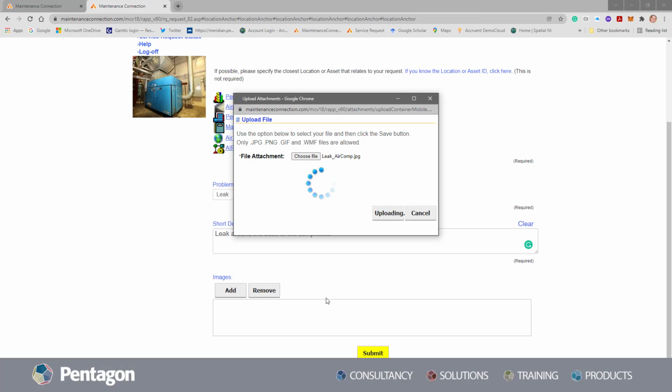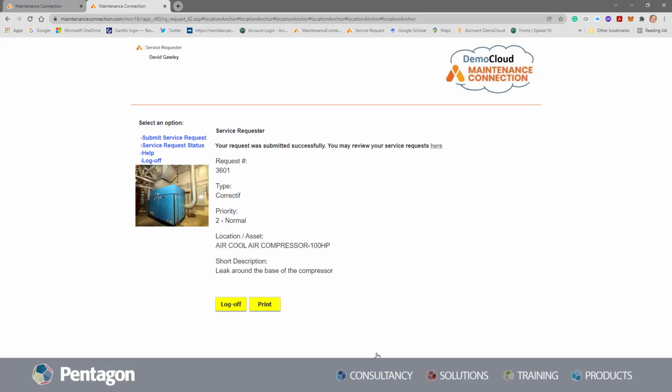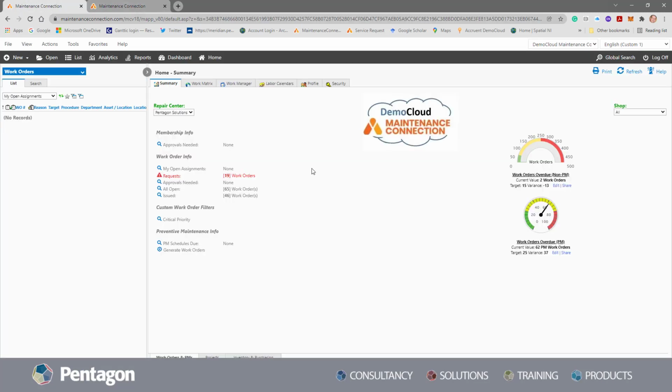It could be done on the iPad, this could be done just on a web desktop application, and multiple users can access the system as well, and it's also permission based. So I'm simply going to submit that service request. That'll get submitted into the system, and an email notification will come through. So you can see the service request has gone through. I can print it off as the user, and I can also check my status at any stage as well on the actual list.